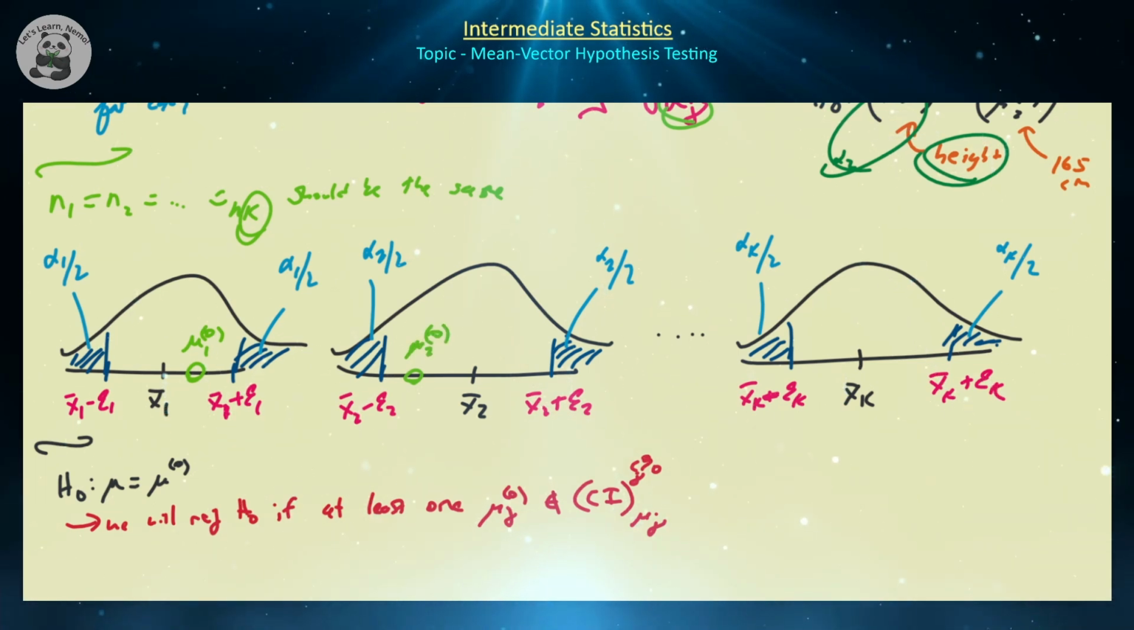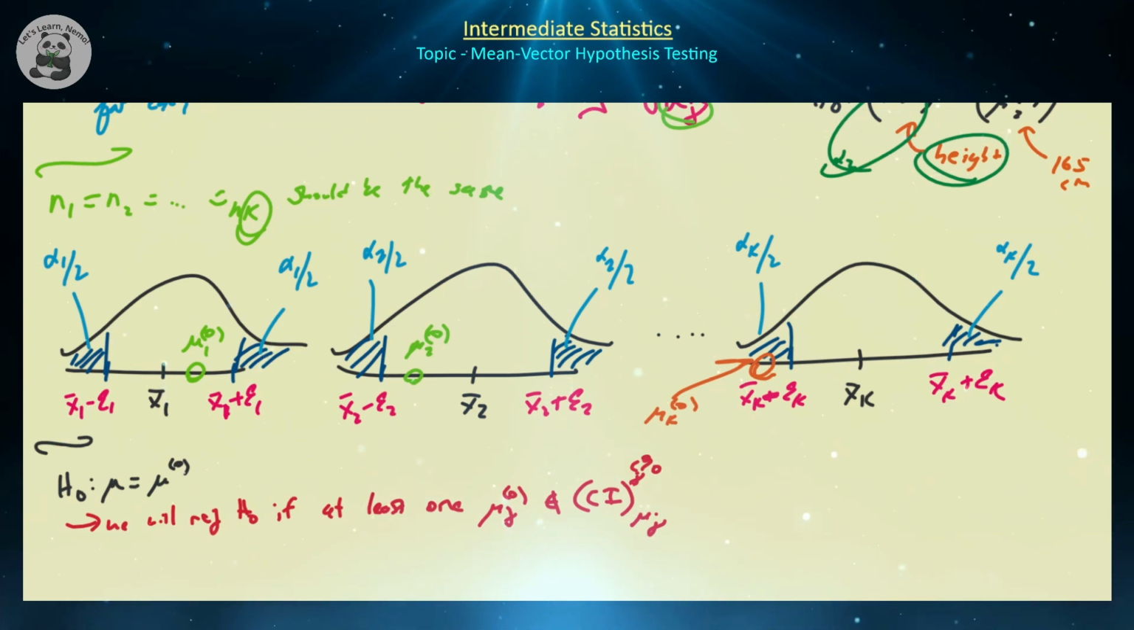So obviously, if you're within the bounds of your confidence intervals, you will not be rejecting the null hypothesis, in particular those individual null hypotheses. But if you have at least one of these points outside of that confidence interval, so here we would have mu k0 does not lie within the bounds of x bar k plus or minus epsilon k,